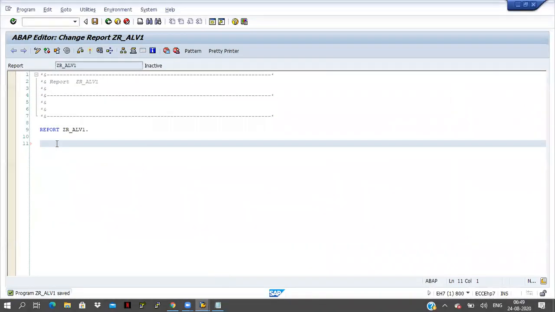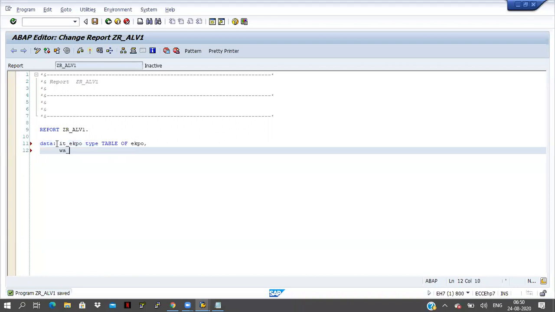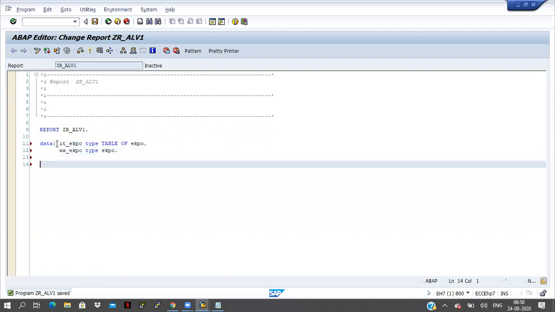Here, first of all, I am declaring one internal table: data it_ekpo type table of ekpo, work area wa_ekpo type ekpo. So what is happening here?